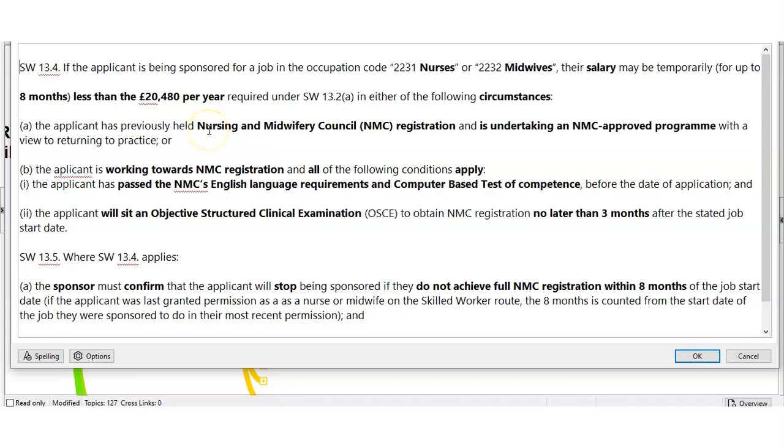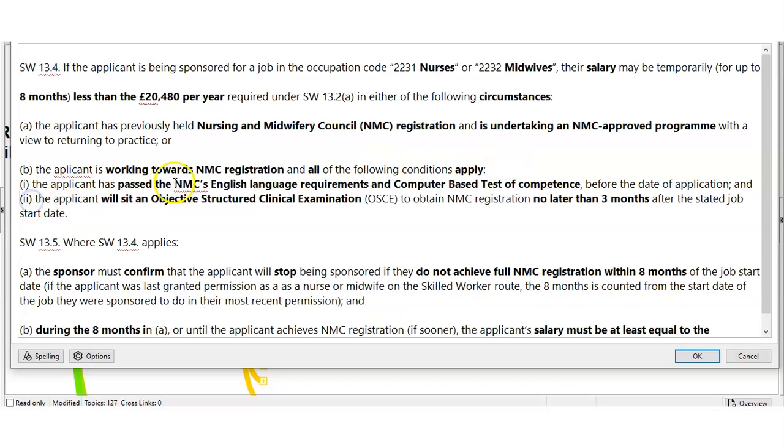First of all, where they have previously held Nursing and Midwifery Council registration and are undertaking the Nursing and Midwifery Council approved program with a view to returning to their practice, and the applicant is working towards their Nursing and Midwifery Council registration, and all of the following applies: that they have passed the Nursing and Midwifery Council's English language requirements and a computer-based test of competence before the date of the application,